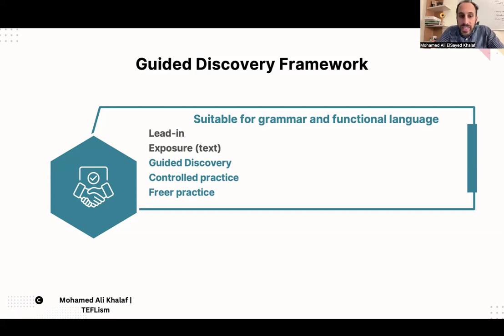What are the most important stages here, in the chat box? For higher levels, the guided discovery and the freer practice. For lower levels, the guided discovery and the controlled practice. These are the most important two stages.